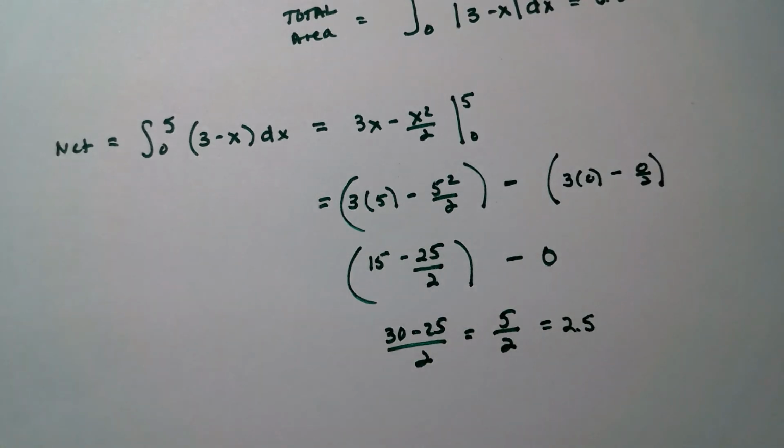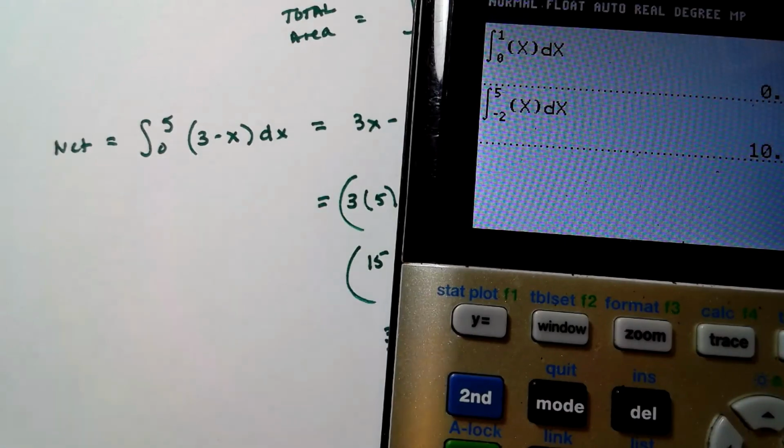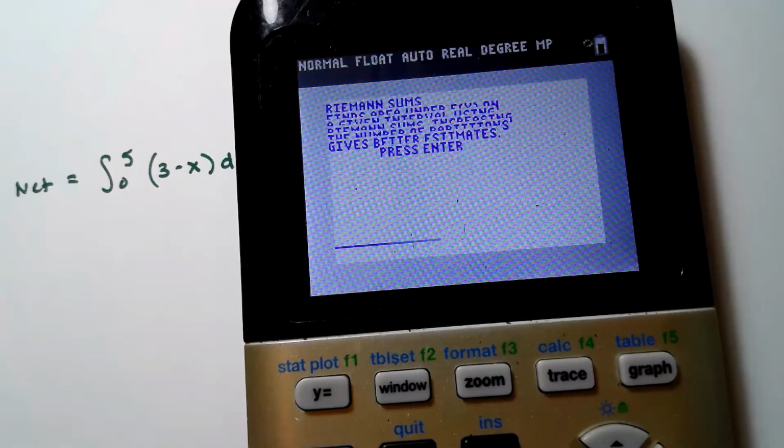So what you're going to do today is get used to using the calculator, and I've assigned page 176, 1 through 15 odd, and I want you to just follow the instructions. I'm giving you the odds so you can check in the back of the book to make sure that you're getting the right answers, and use your calculator. And if you're asked to do left, right-hand sums, that kind of thing, then make sure you use your program for that. Once again, it's program Riemann 83, and hit enter,